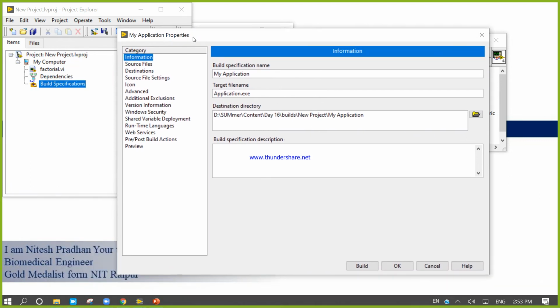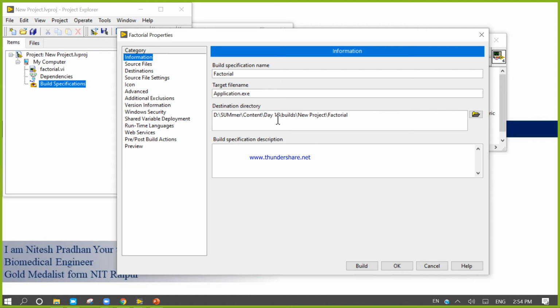Now it opens one window, my application properties window. So information. So I am going to change it to factorial. Okay, and the target file name exe.